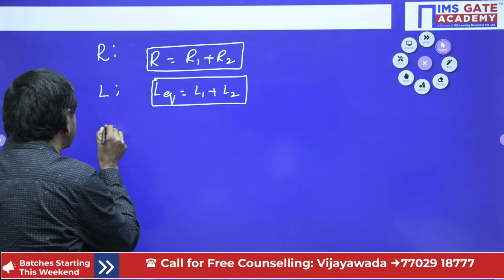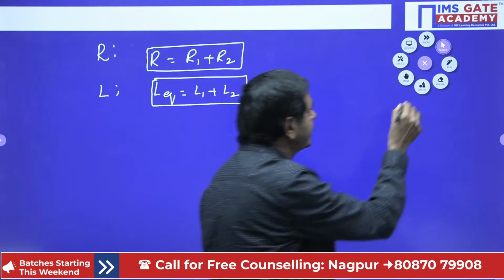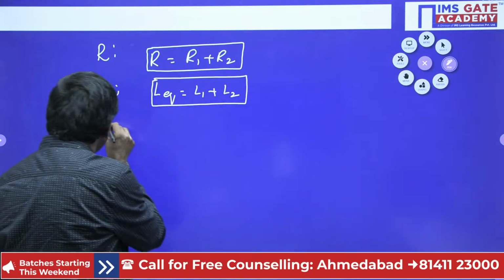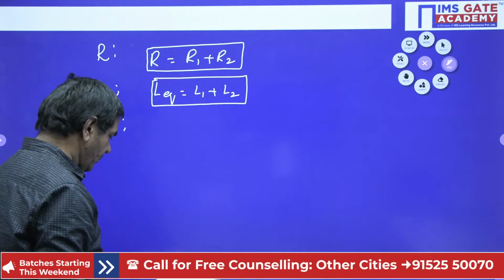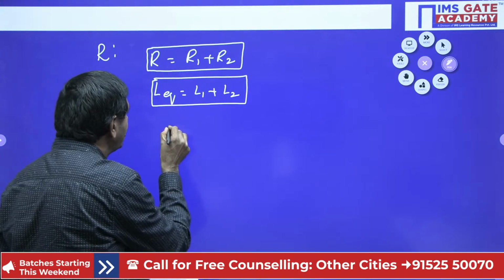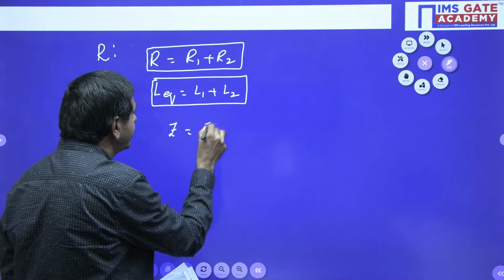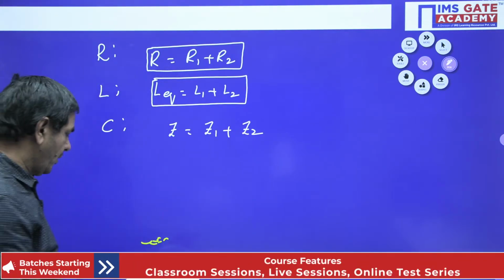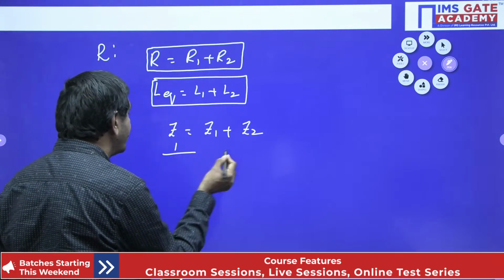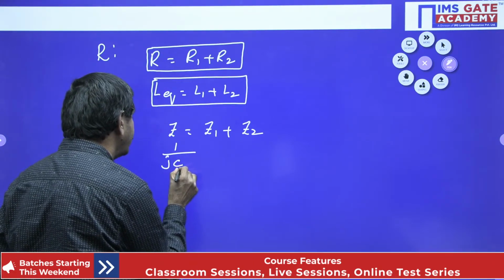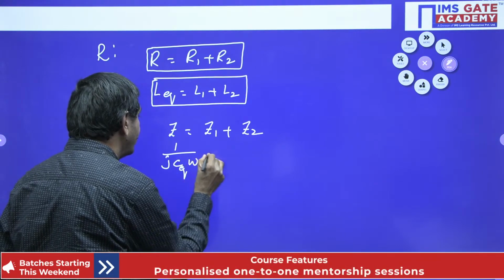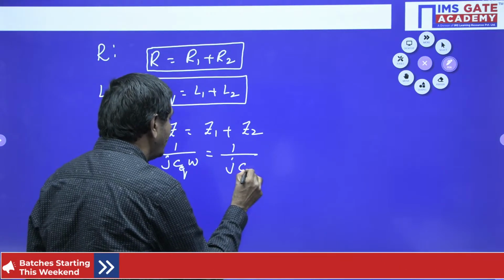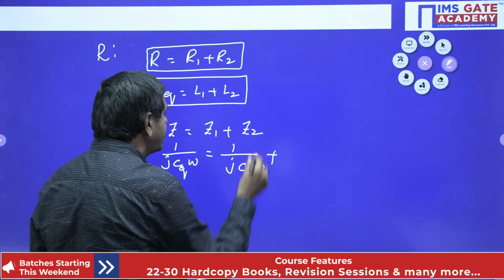If you are given capacitors, how to get the equivalent value? That is more important. If capacitors are given, the equivalent value we can take like this now. Z equivalent equals Z1 plus Z2. Z equivalent is 1 by j C equivalent omega. And if it is Z1, it means 1 by j C1 omega. Z2 means 1 by